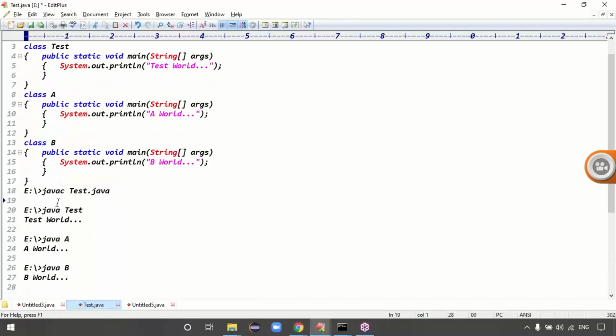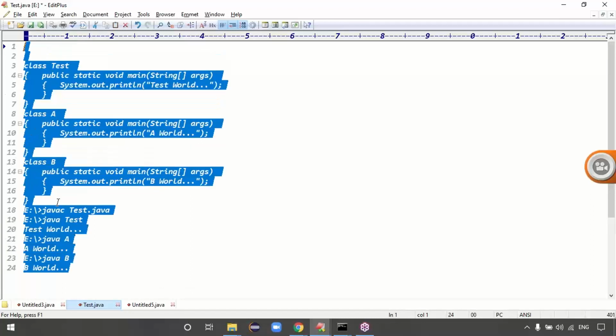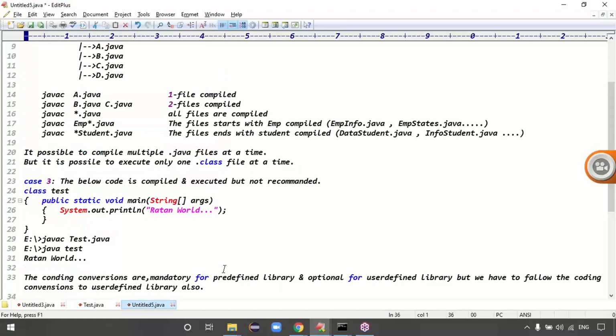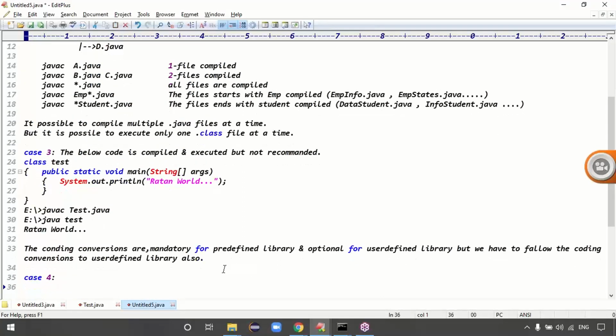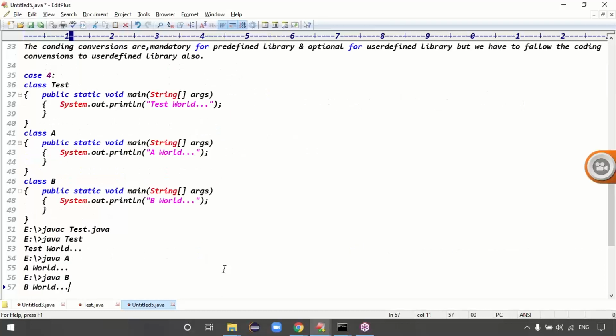Multiple main classes are allowed, right? But at runtime I can execute only one class at a time. If I can execute only one class at a time, then what is the need for taking three main classes? There is no need, right?